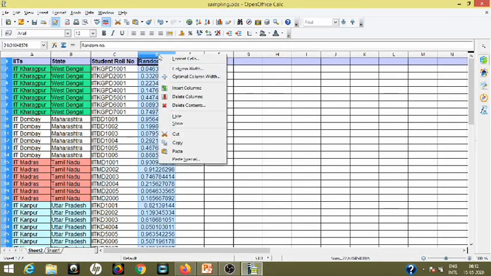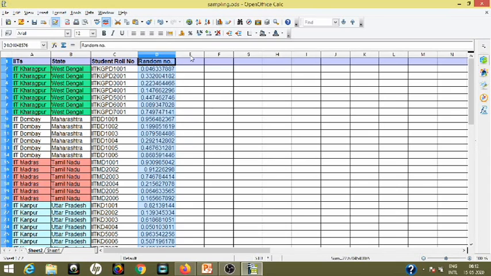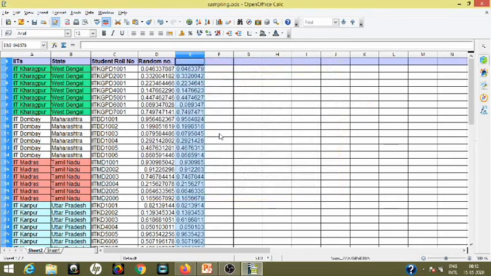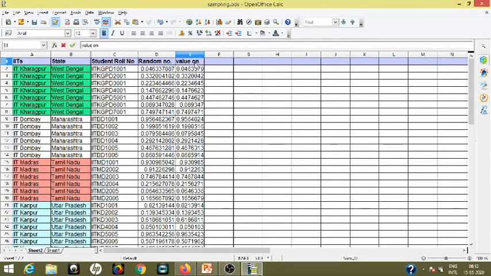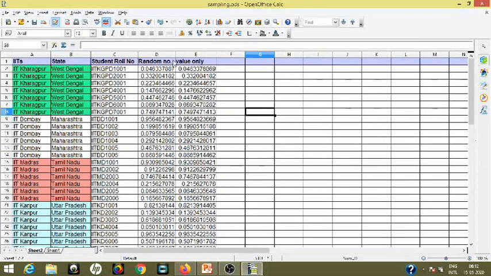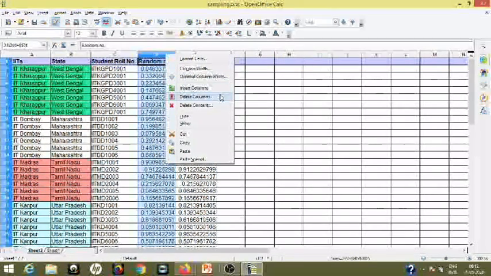Then you have to copy the entire column and paste it using Paste Special. Okay, now this is value only. Now this column may be deleted.